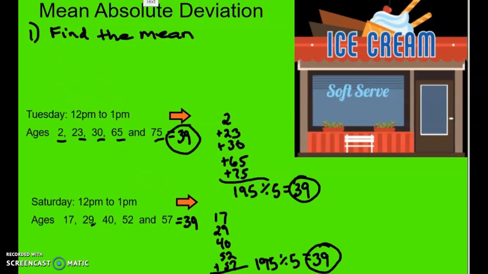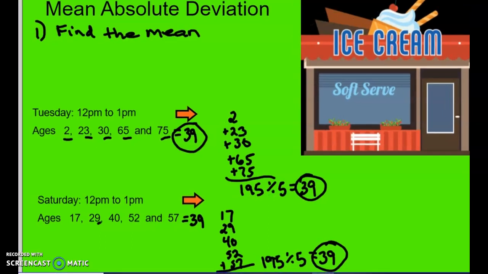Okay, so in order to do this, let's find out how far away each one of these numbers are from the mean. So what we want to do is now take the ages, each one of the ages, and find its distance from its mean. So that is how we are going to work our way into finding the mean absolute deviation. So the second step is to find the distance